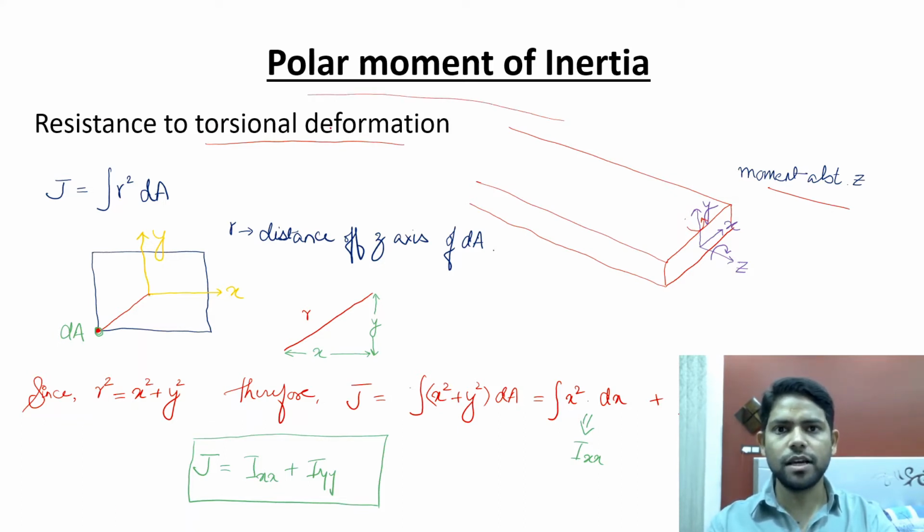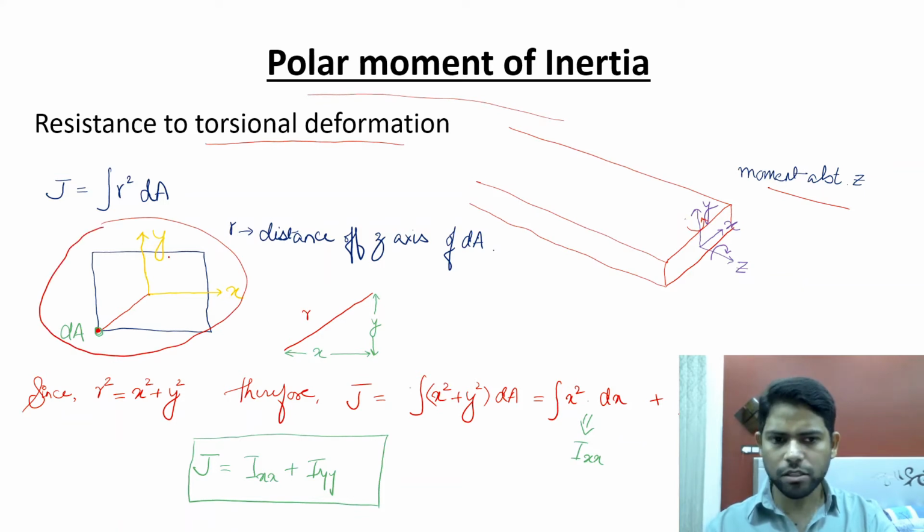The resistance to such type of bending moment is known as polar moment of inertia. Now if you take this particular thing over here, this is the cross section of the beam. I have shown you this. Basically, your beam was rectangular, but I have shown it in the form of a square just to make the dimensions more clear. So suppose you have a square cross-sectional beam, and this is the cross-section of that beam, where this direction is your x-axis and this is your y-axis.